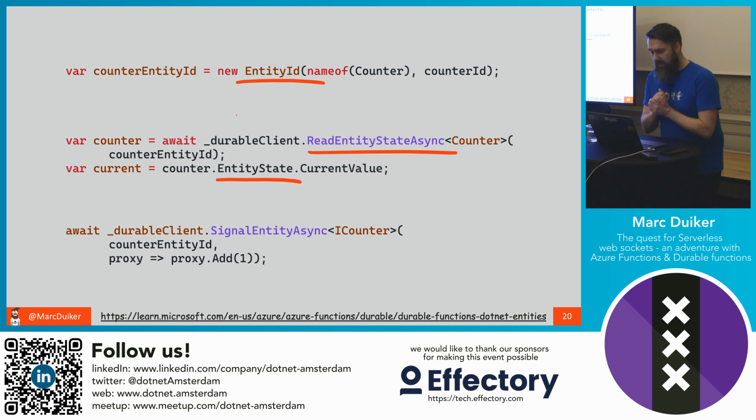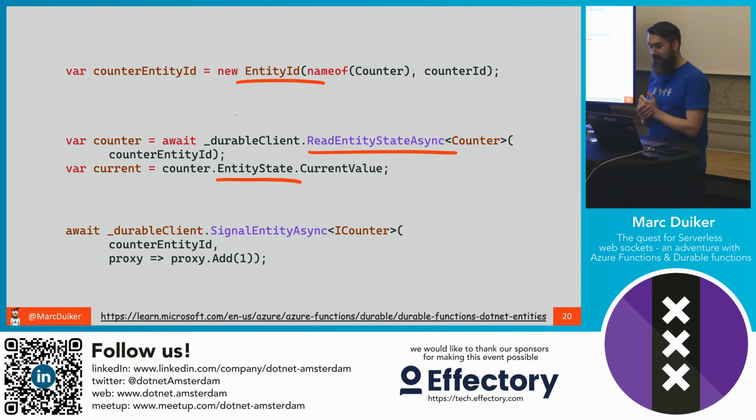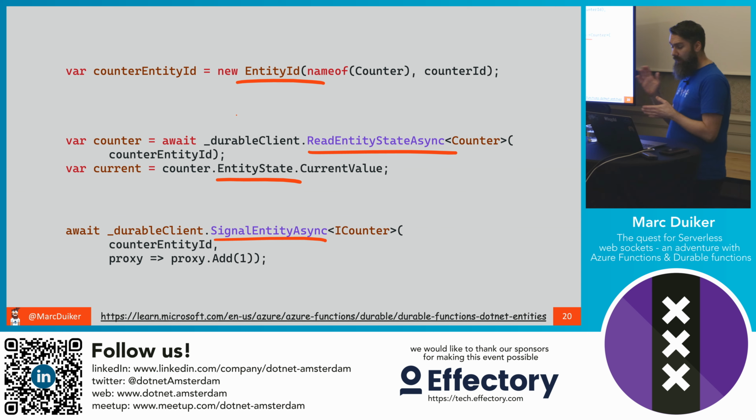All right. If you want to invoke some of the methods, if you want to use the behavior of the entity, you can use one-way communication. So there's actually two ways how you can interact with it, but the one I'm showing here is one-way communication. You do signaling. You can provide the interface here, which is completely up to you. You specify the counter, and this is the counter entity ID, and then it uses proxies to access the methods there.